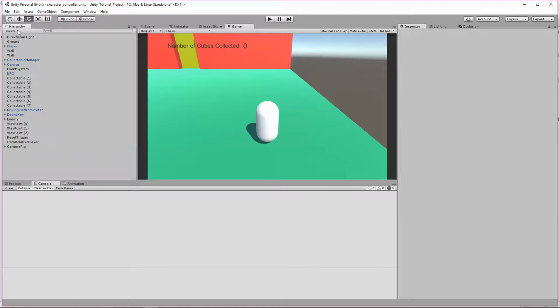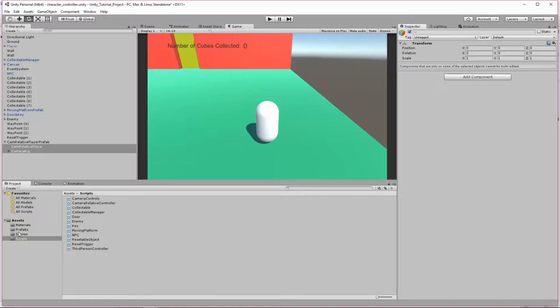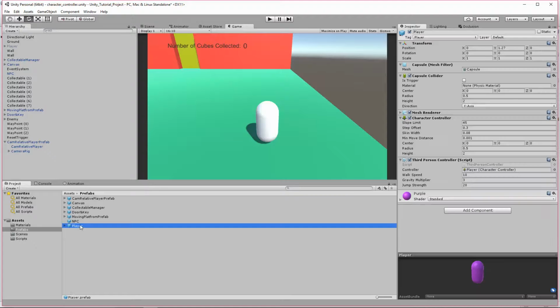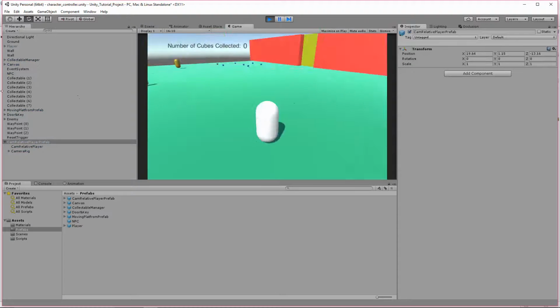Last thing I want to do is create, actually I'll create it right where the player is. So I'm going to right click on this, create empty, to create this game object, move it out, and call this cam relative player prefab, and I'm going to drag in the rig and the player into this object. Oops. I'm going to go to project, prefabs folder, and drag out my cam relative player. So now I have my old player, which is boring, and I have my new cam relative player, which is exciting and cool because I can move the camera around, jump,